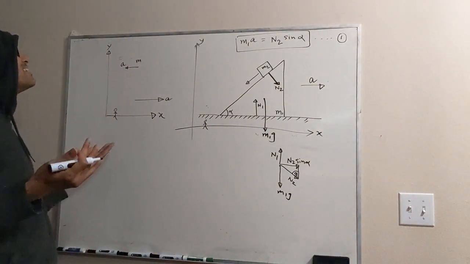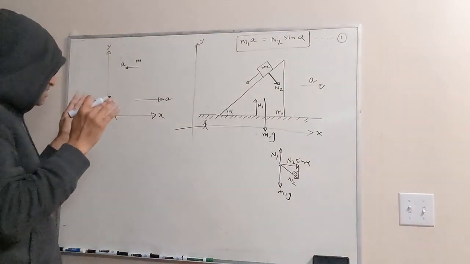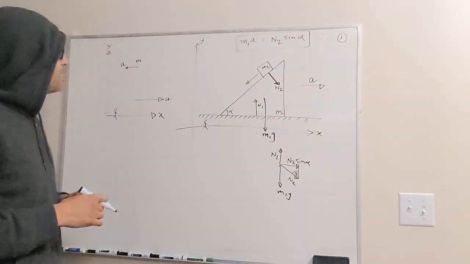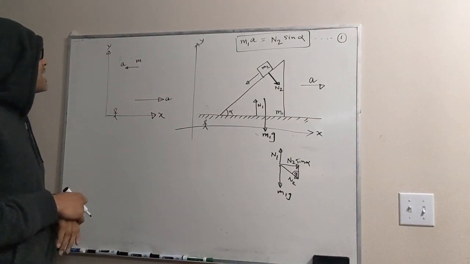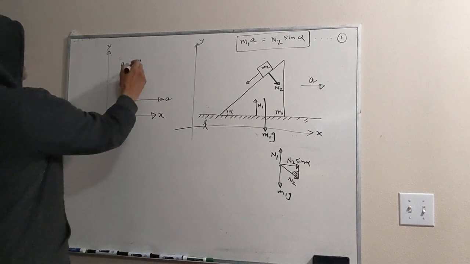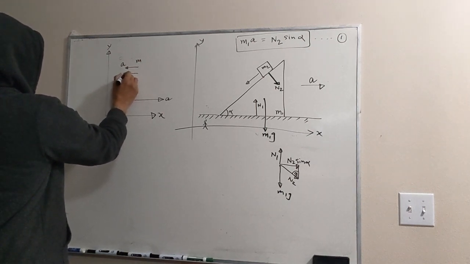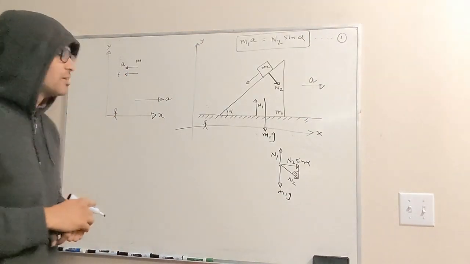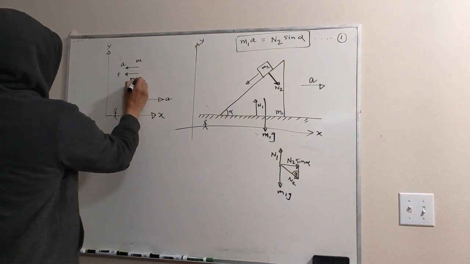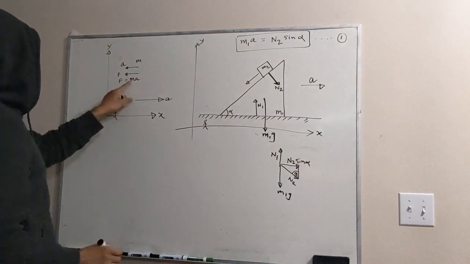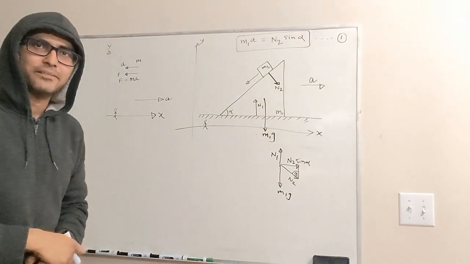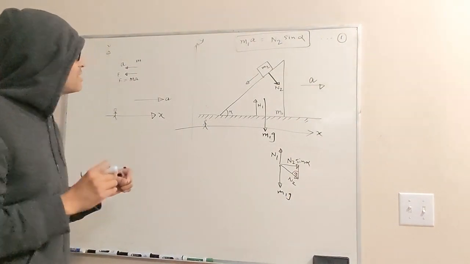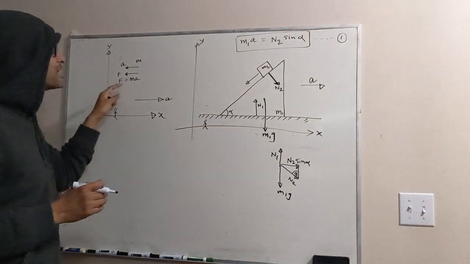So now, how will you reason it? You don't know that the frame of reference is moving. But to reason that this object is moving in this direction, you can assume that there is a force acting on this object in this direction, which is capable of giving it an acceleration of A. So basically on this object there is a force acting which is equivalent to ma in this direction, right? Now obviously this force doesn't exist in reality. This is an imagination. So we call this thing a fictitious force.